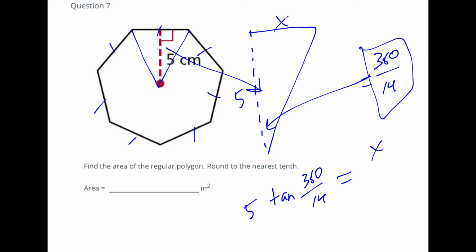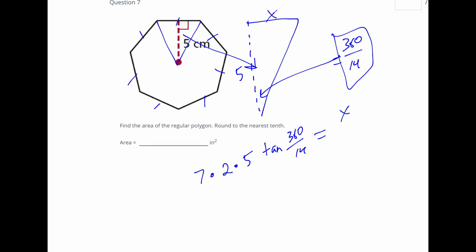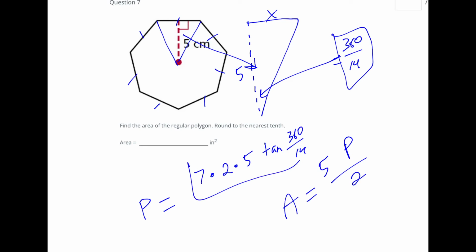And once I figure that out, I'm then going to double it. And then I'm going to multiply it by 7. And that'll give me the perimeter. So to find the area, I'm going to take the apothem times the perimeter divided by 2. So the apothem is 5. I'm going to plug that in. And whatever I get here is my perimeter. So plugging all those things in and rounding at the very end, I get 84.27, which is just